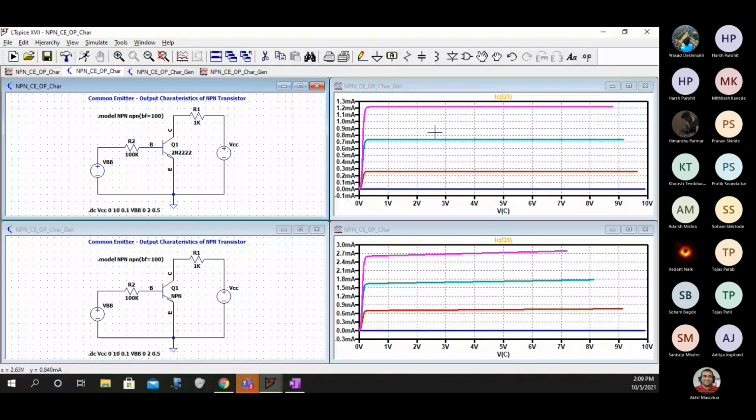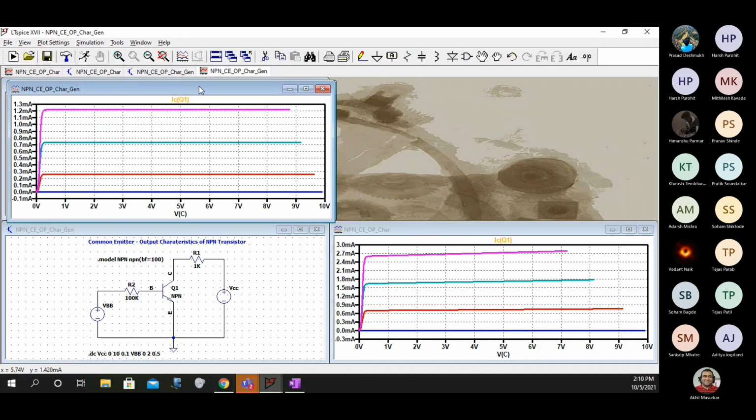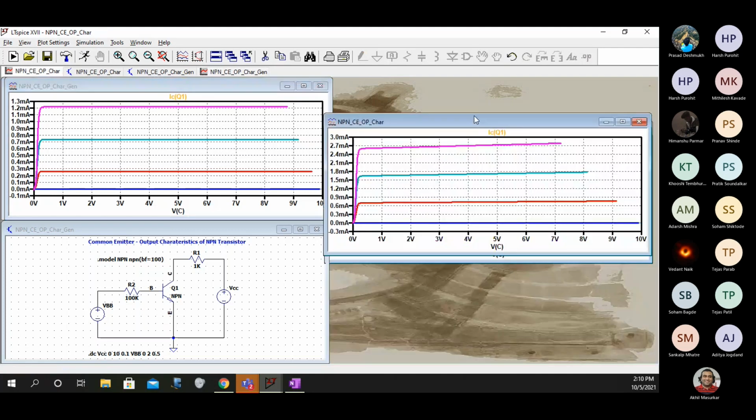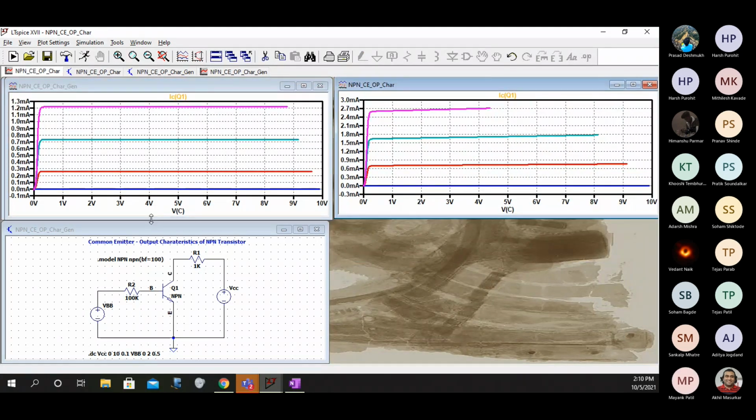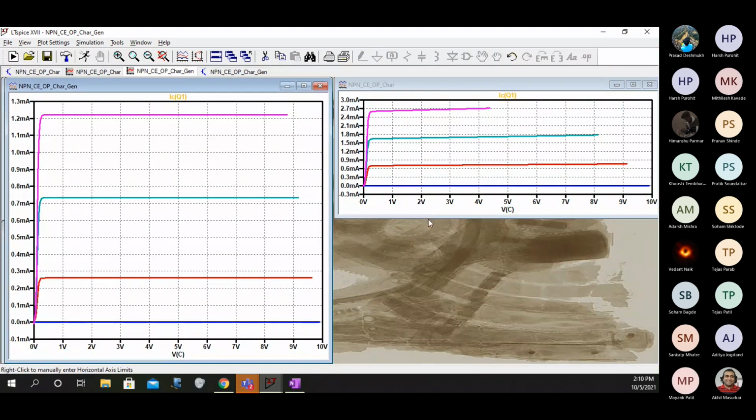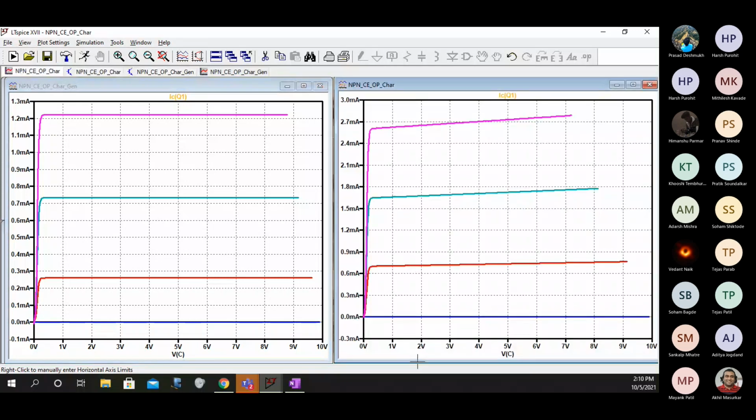So you can see here in the first case, in the general characteristics where the transistor does not have any number, so that is why this is very flat.